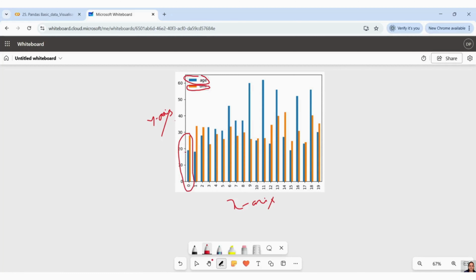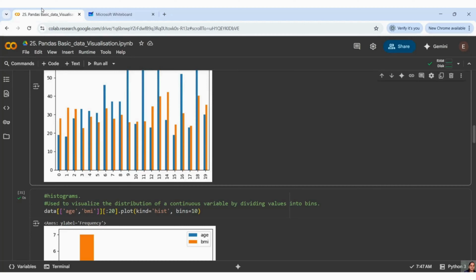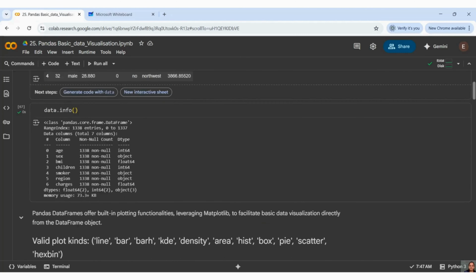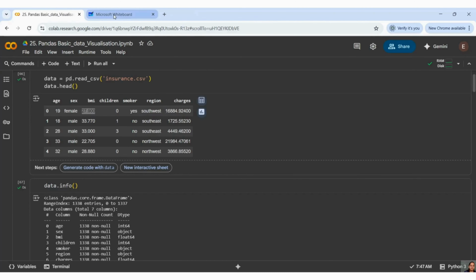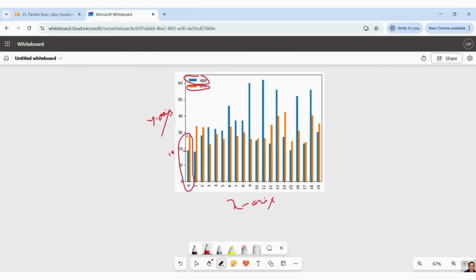The first data point is 19, so here my 19 is coming, correct? And my BMI, it is telling the first one is 27.9. Here it is coming 27, right? So this is how my data points are coming, correct?